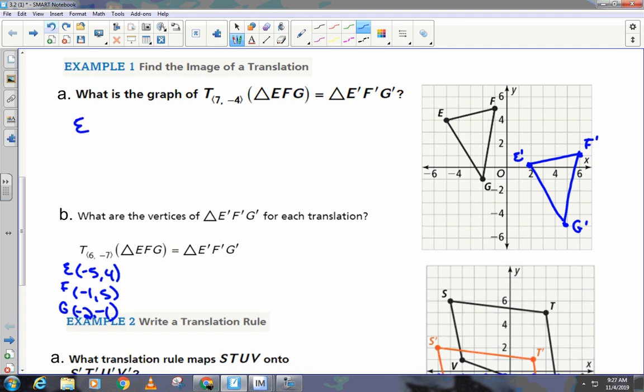So E is at negative 5, 4. F is at negative 1, 5. And G is at negative 2, negative 1. Okay, I used this vector and I didn't realize they were different vectors. Okay, so again, if we added 7 and subtracted 4 to each one, okay, we would get